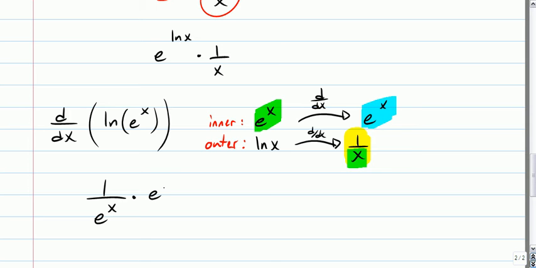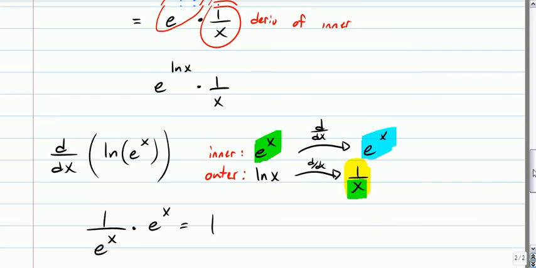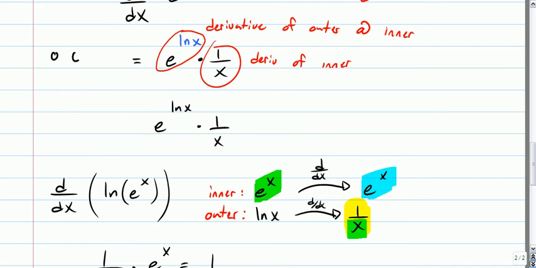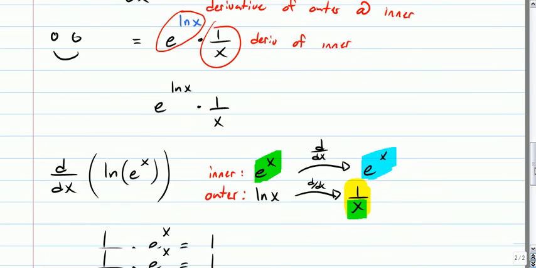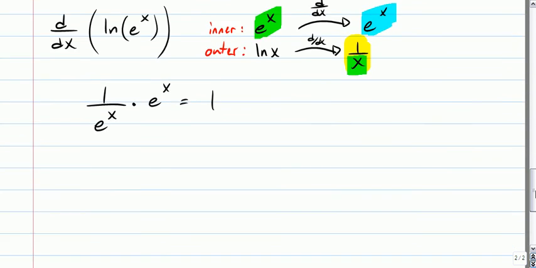Wait a second. That's just 1. That's weird. I didn't think that would be 1. So let's look at why that's 1. Let's look at what I started with. We still have to come back up to this thing, this smiley face. So why was that 1? Well,